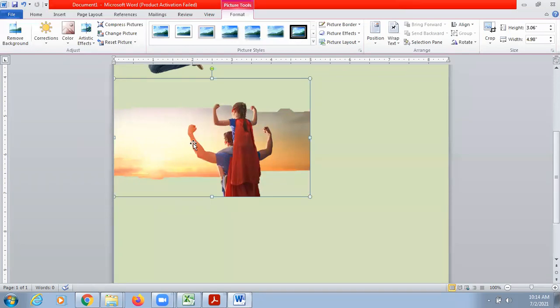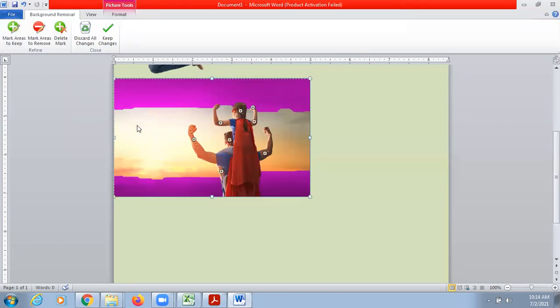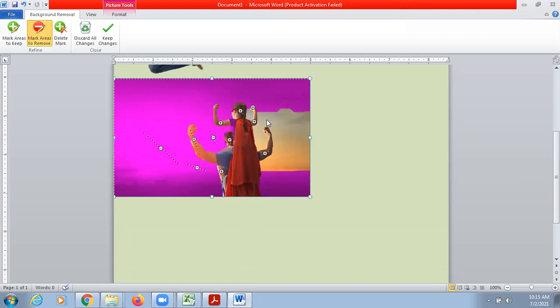Okay, now I also want to delete this area. So remove background again. Now mark the areas which you want to remove. So I wanted to delete this area. This one also. This one. This one. This. This.